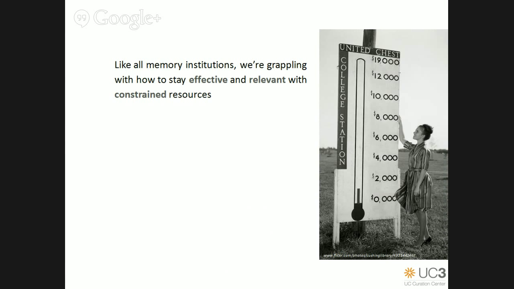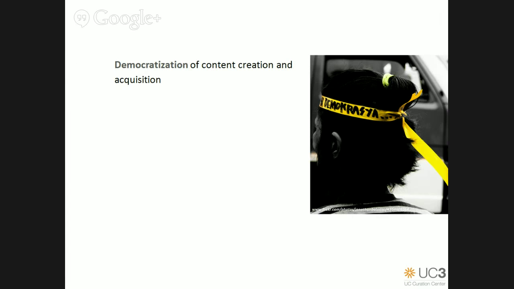And like all academic research libraries everywhere, I think, over these last few years, we've been grappling with questions of how to be effective at our mission, how to remain relevant to the university community at large, all in the face of ongoing budgetary and staffing constraints. We also feel that we need to consider how best to respond to what we see as some very significant changes affecting the curation domain that have really come to fruition over the last couple of years.